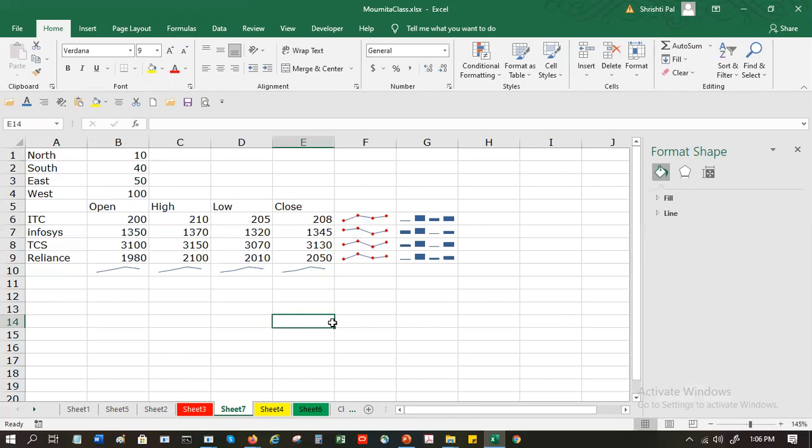So based on my data, I'll be shown the line type, the sparkline type, whichever I can use for that particular data. Yes. Okay. Good chart.